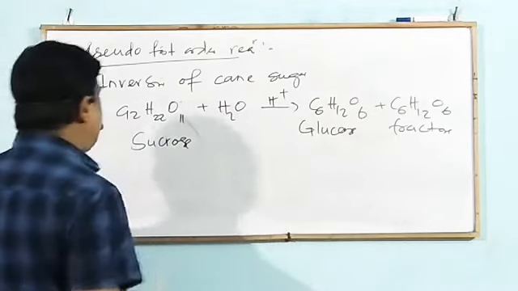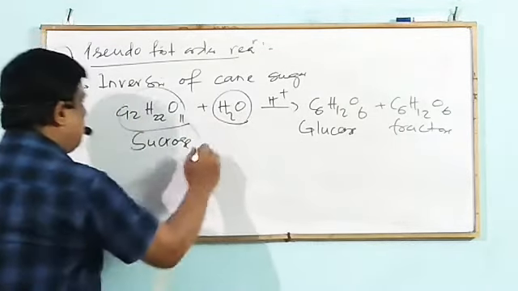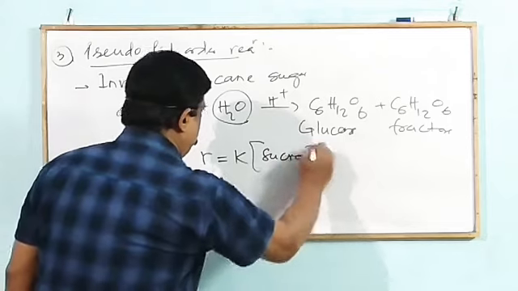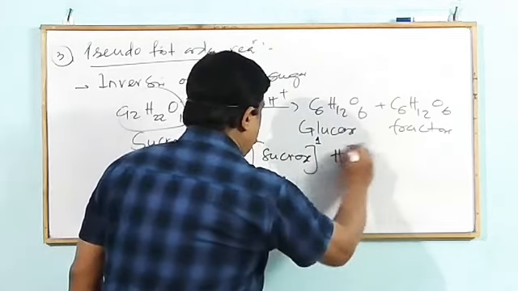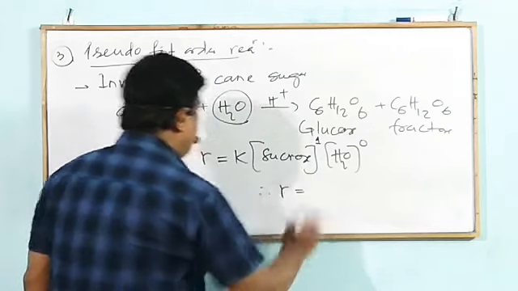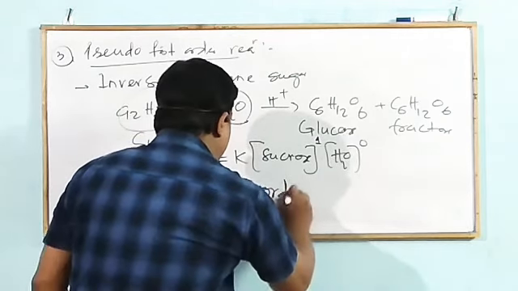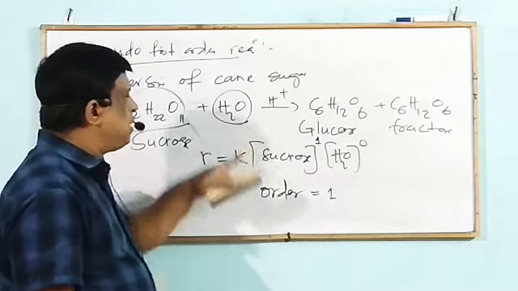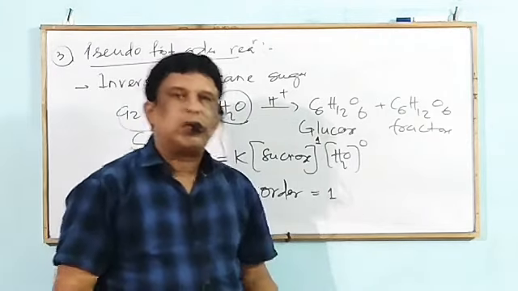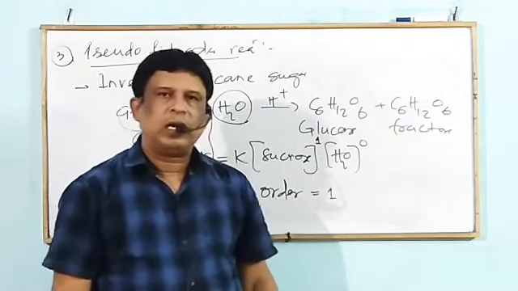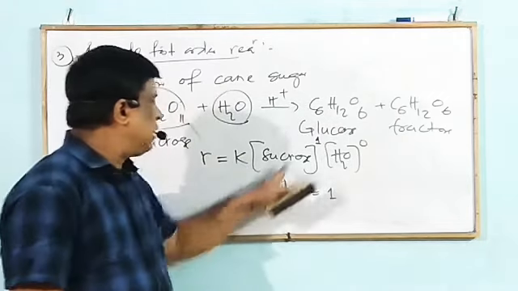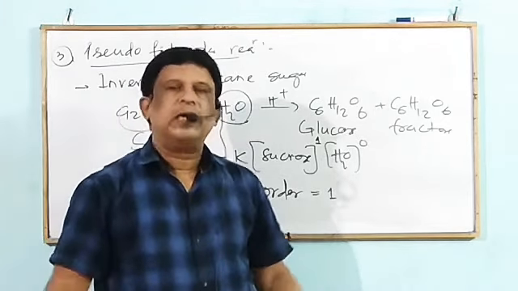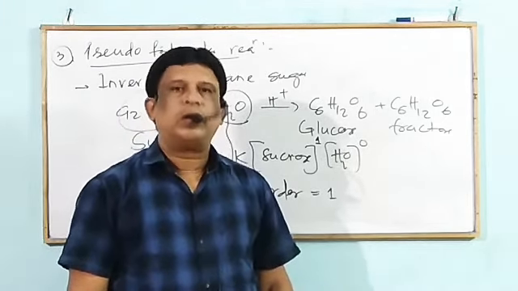From this reaction it is clear that two reactant species are there, but according to the rate law expression, that is, it is sucrose power 1, H2O power 0. Therefore, order of reaction is equal to 1. That means in the hydrolysis, water is present in such a large amount that the change in its concentration cannot be calculated, so it is neglected. So only one concentration term changes. That's why it seems to be second order, but actually it is first order. That's why it is known as a false first order or a pseudo first order reaction.